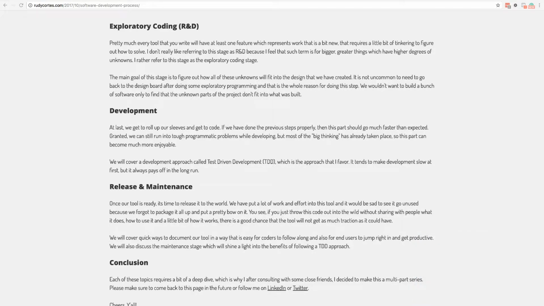So in development, this is it, right? This is where we're going to go ahead and put on our headphones, jam some music, and just start punching away into the keys all of the code that we have been preparing to write all this time. It is the most fun part because you finally see things come to life. And if you have done the previous stages well, you should not waste a lot of time. There's not going to be a lot of back and forth where you move forward and then you realize, oh, that's not how I want it, or that's not how it's going to work, and you keep going back, because you took the time to do a lot of planning.